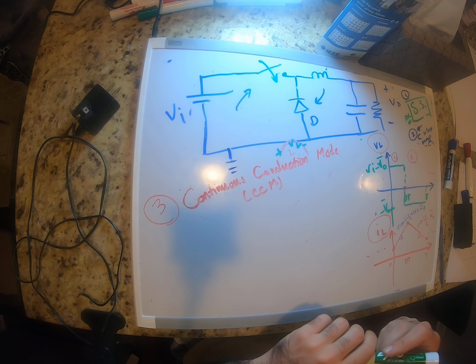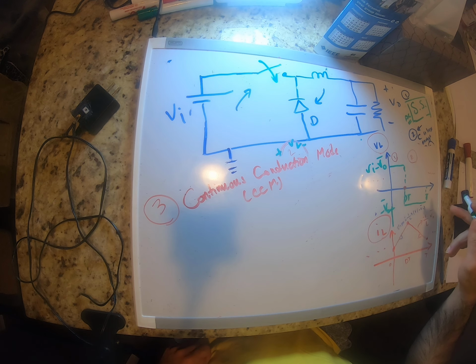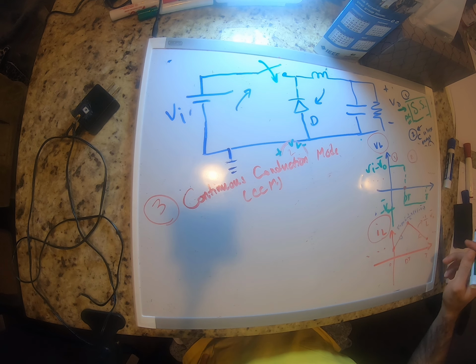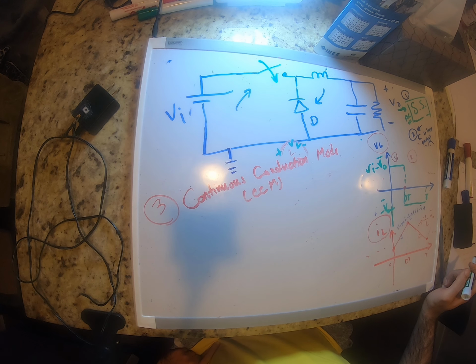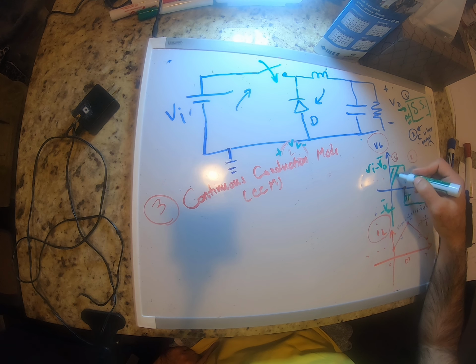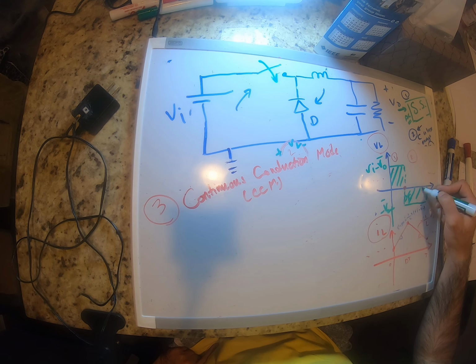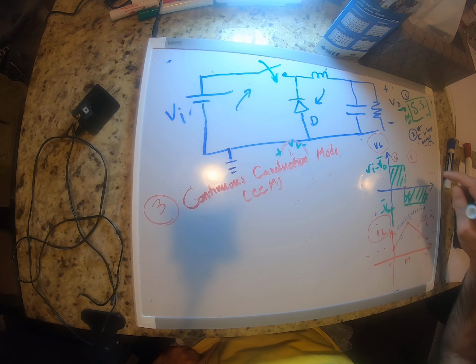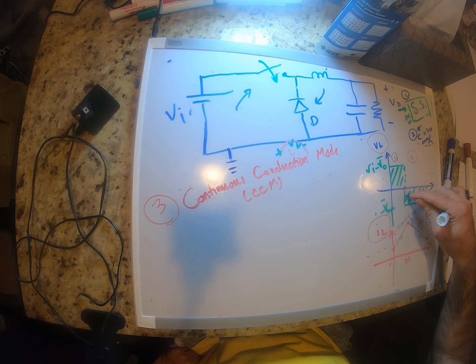Now here, we assume that we're in the steady state, AC steady state, or average steady state. So what does that tell us? It tells us that the average of the voltage across the inductor has to be 0. So this area has to be exactly equal